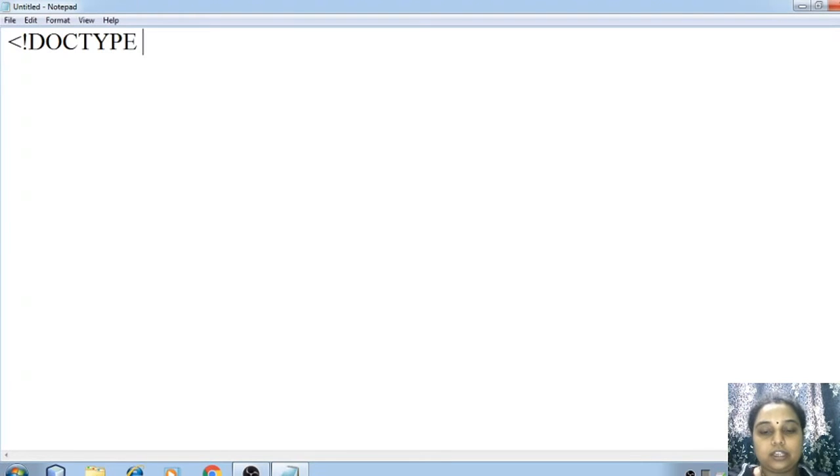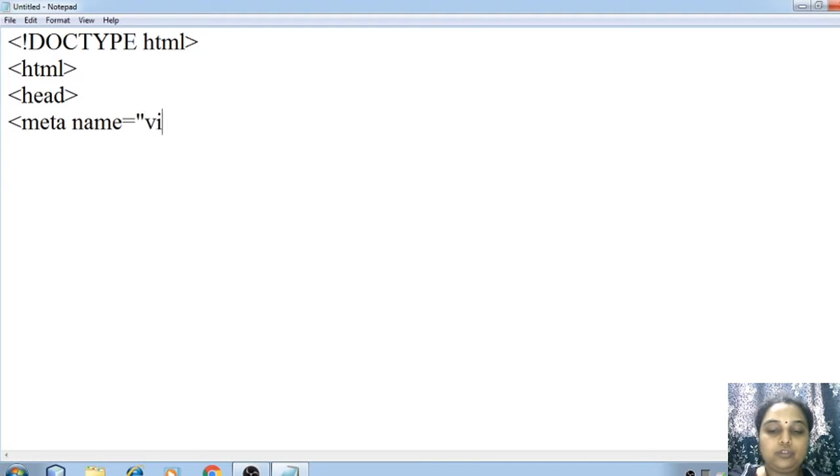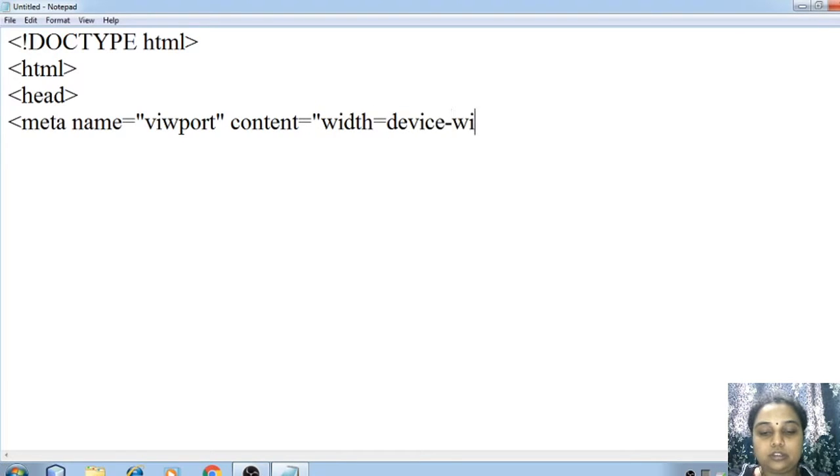So I specify the document type as HTML, then the root element HTML, head, okay, then meta name is equal to viewport, content is equal to width is equal to device width. Alright, then initial width, initial scale